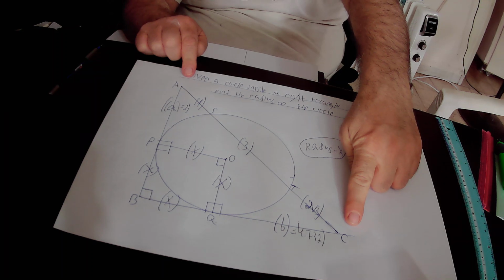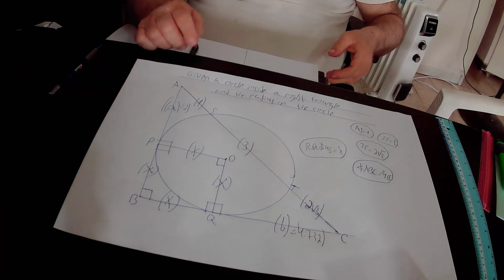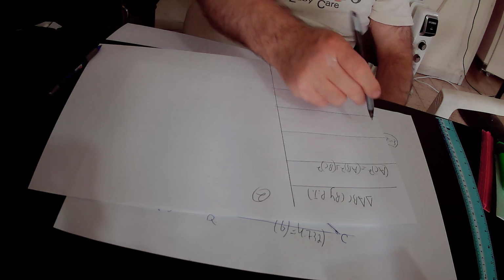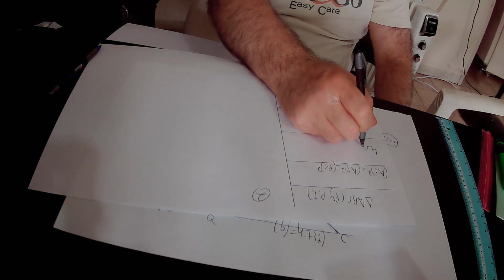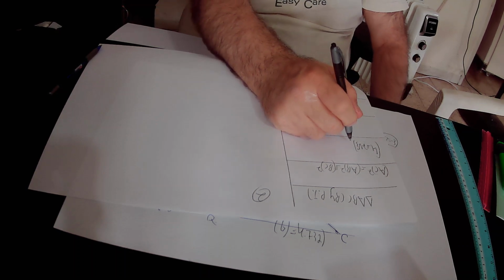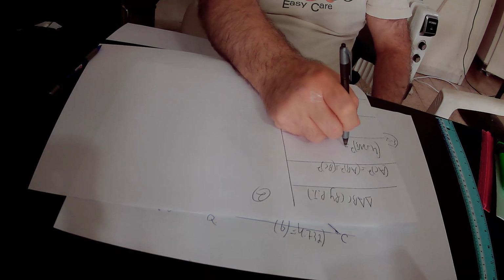So in total, AC equals 4 plus 2 times square root of 3. And therefore AC squared will be equal to 4 plus 2 times root of 3 squared,